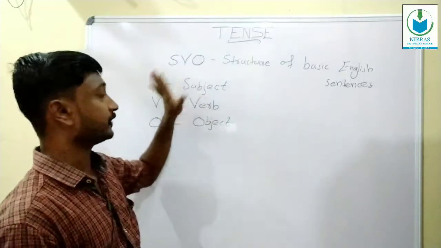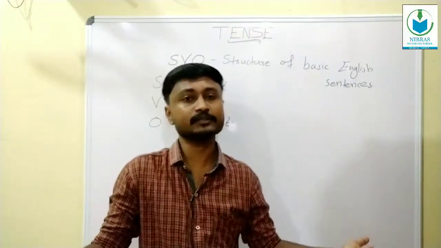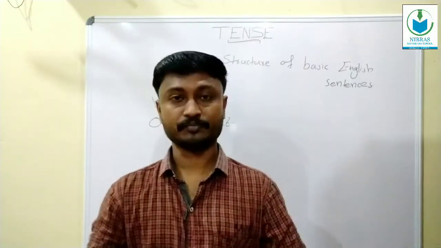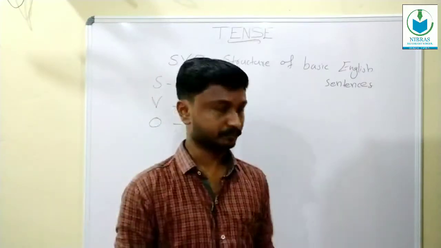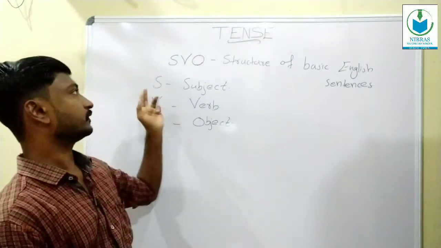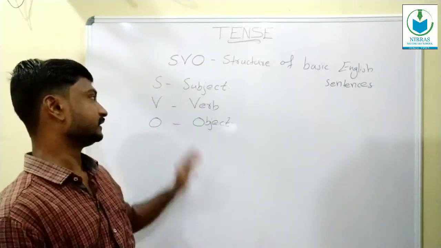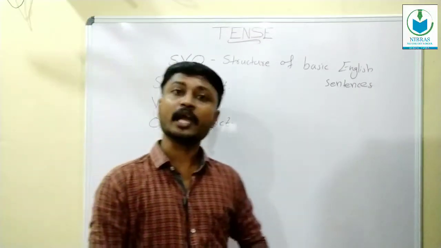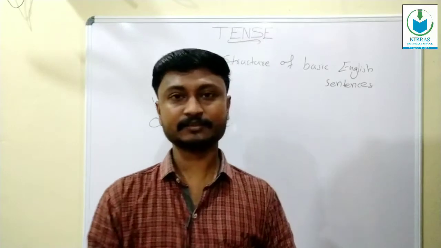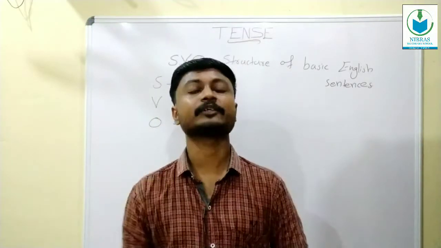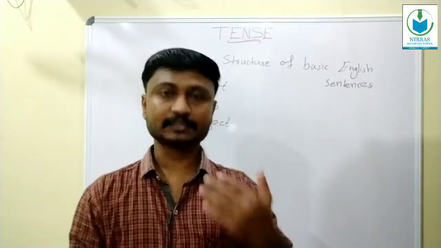There must be S and V, which are necessary, and some sentences have no object, or O. Here, S stands for the subject, V stands for the verb, and O stands for the object. That is what you have to learn before entering directly into tenses. And let's study